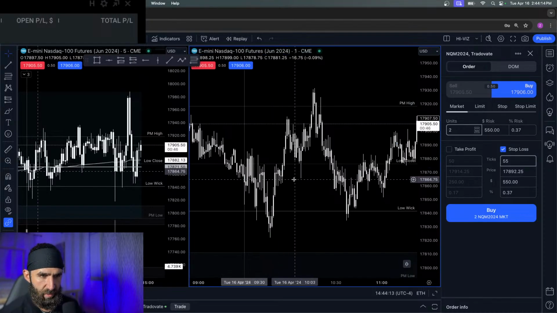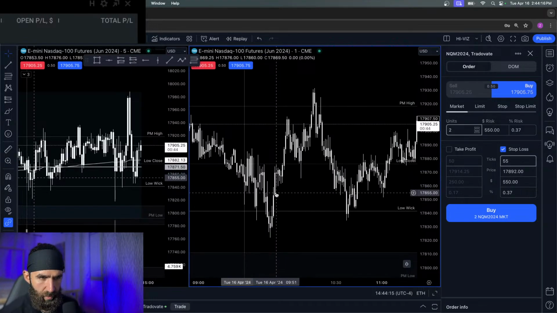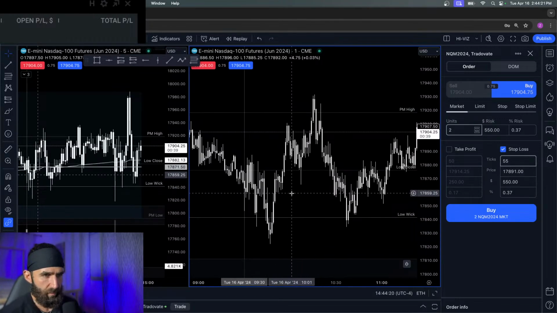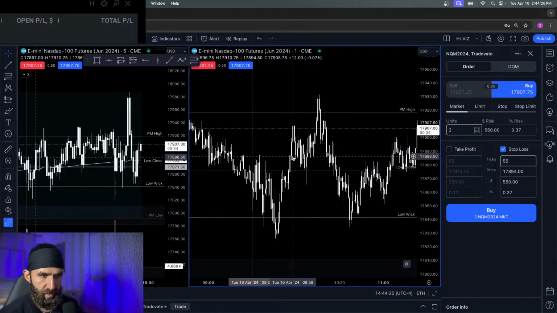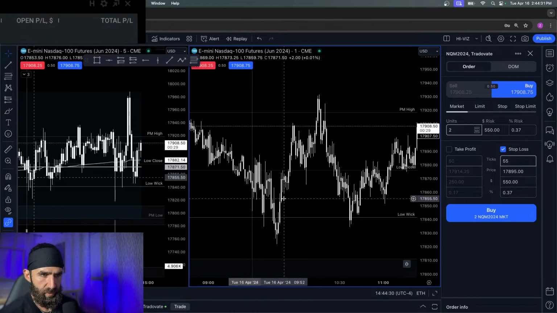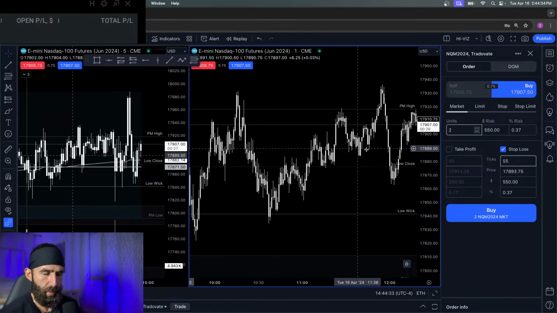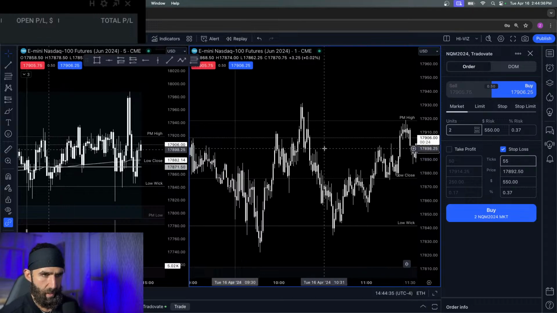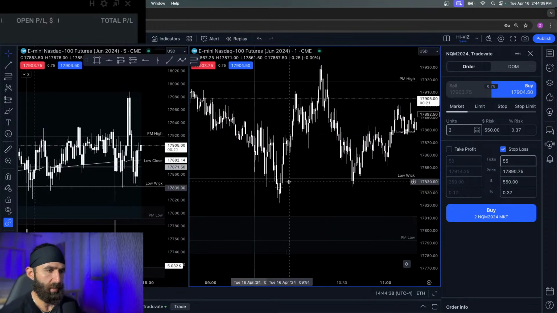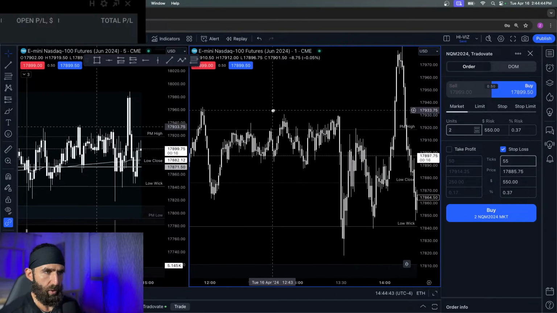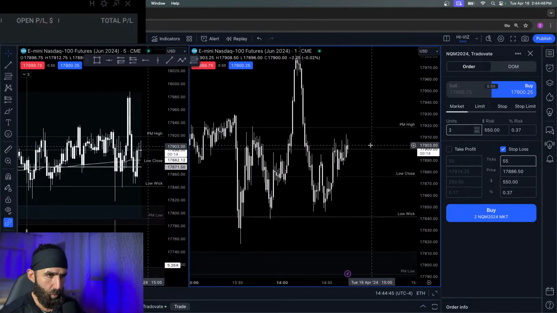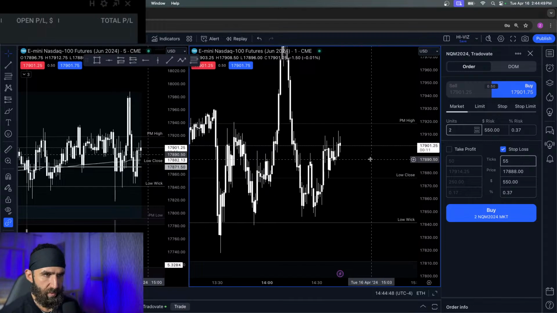I think I sold again somewhere up here as it pulled back up, thinking we were going to turn and get some more volume down. Didn't work out either. And then I think I bought before this breakout on the way back up, stayed flexible, flipped positions, and again was stopped out. So just really back and forth price action, overlapping bars, where any of these moves on a different day could have played out really nicely. This could have been a dump, this could have been a pump. But we're kind of just ranging a little bit here. So we'll wait and see. I'll decide if I want to get involved based on how this develops.